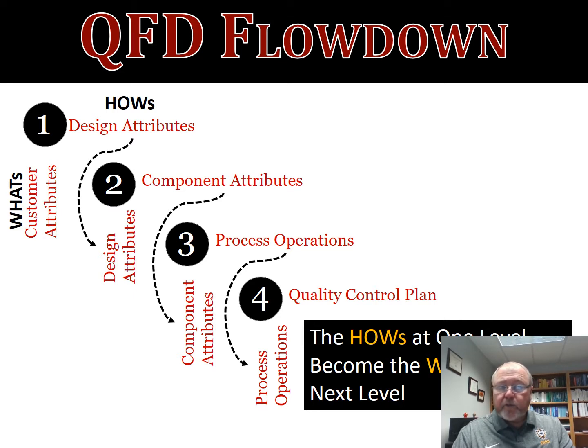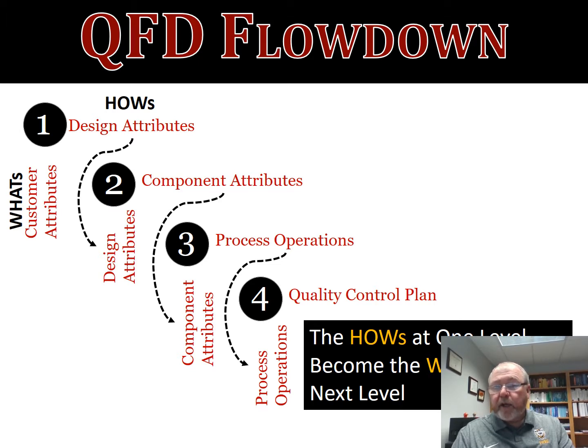In a second house of quality, those design attributes become the whats, and we determine how those come about through components, specific components of those design attributes, their attributes. In a third house of quality, if we go that far, the component attributes become the whats, process operations the hows, and if you go so far as a fourth house of quality, the process operations become the whats, and